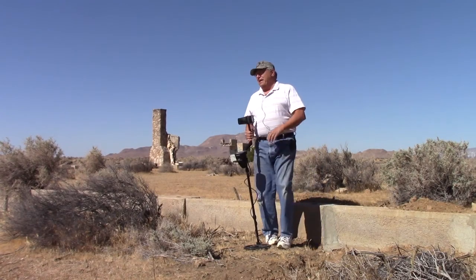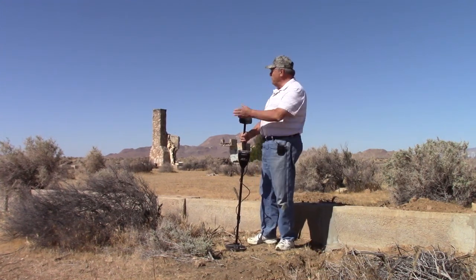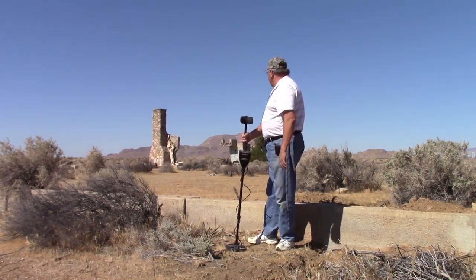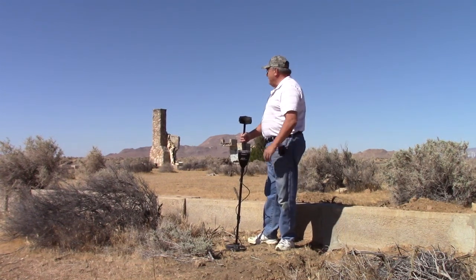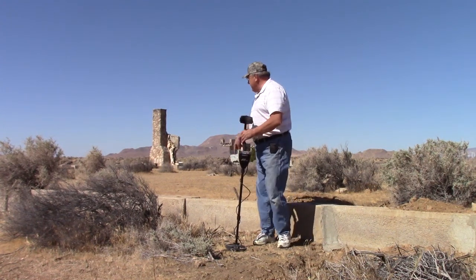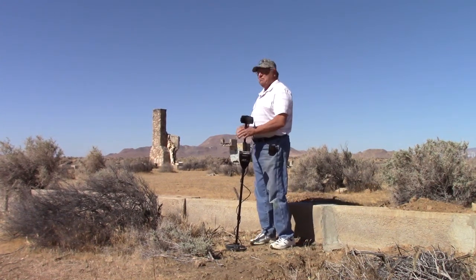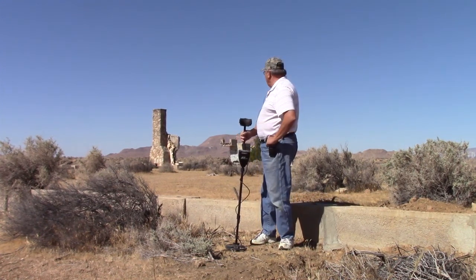Morning. Well, I'm at a new site today. You can see what I've got behind me here. I don't know what this place is, but it's out in the middle of the desert here. I'm not going to give its location, but there's a lot of concrete foundations around here. It looks like it might have been a lodge. Perhaps, I don't think it was a residence,